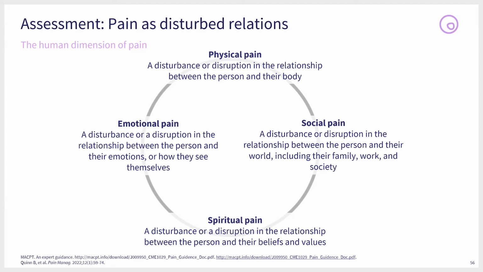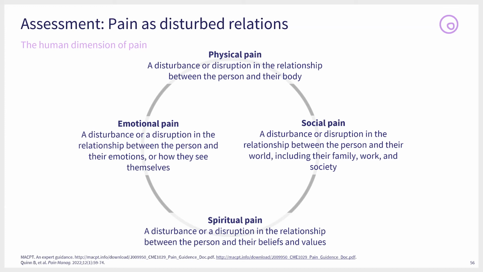So for example, we see pain as a disturbance or a disruption in the relationship between the person and their body. So a tumor pressing on a nerve, a tumor affecting an organ, whatever it might be. Social pain is a disturbance or a disruption between that person and their world, what their world is to them, and it might be their family, their work, and their society. Spiritual pain is a disruption or a disturbance in the relationship between the person and what is important to them,